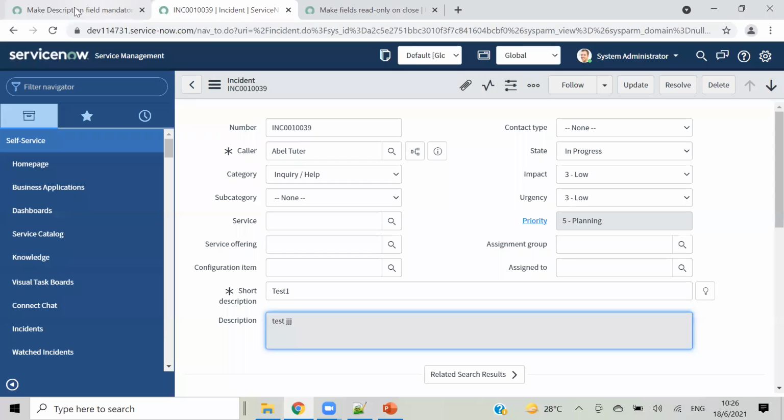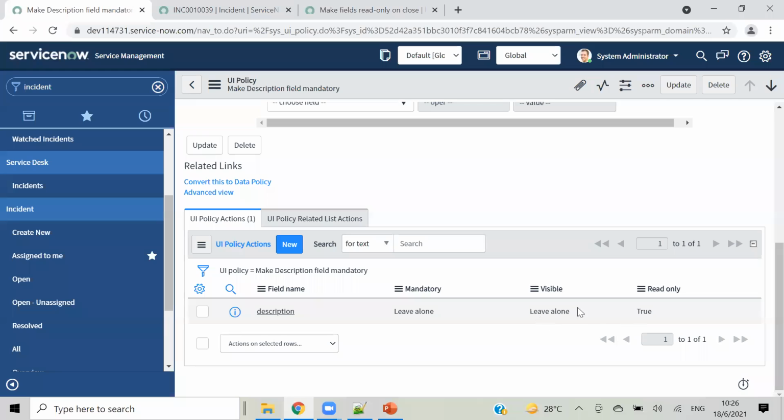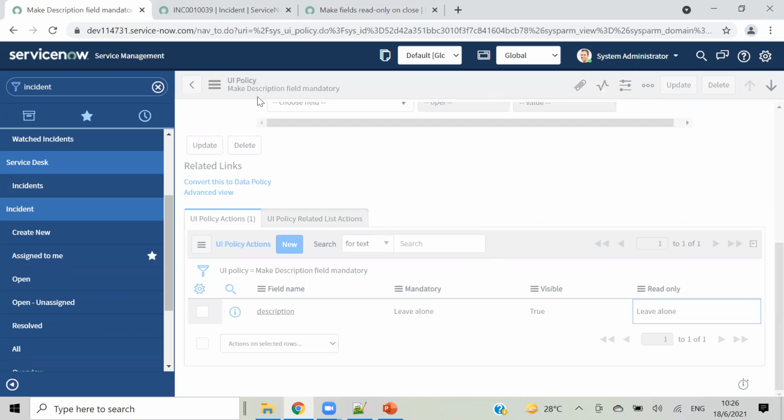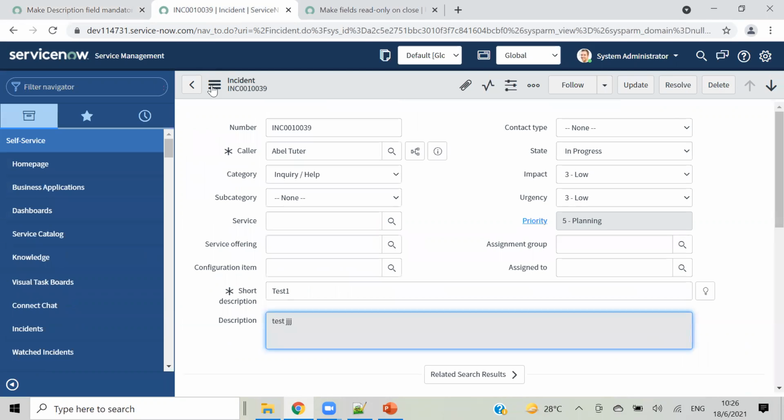So fine with UI policy, visible, read only, and mandatory. And let me try this also last time. And I am removing this. Saving. Now it should disappear from the form.